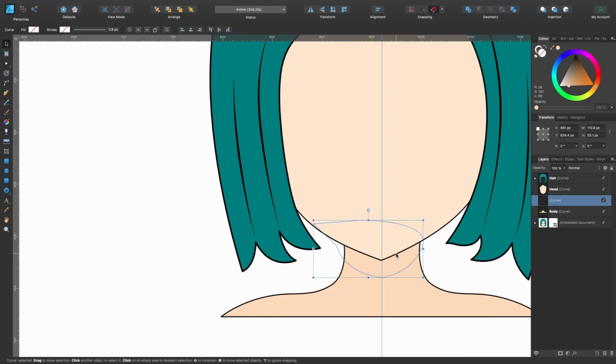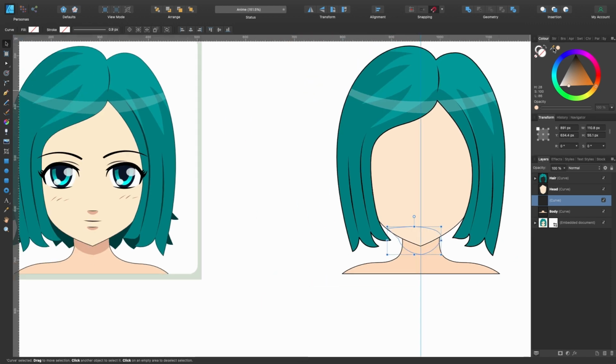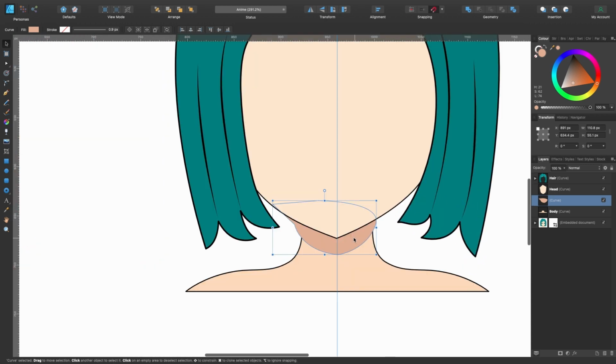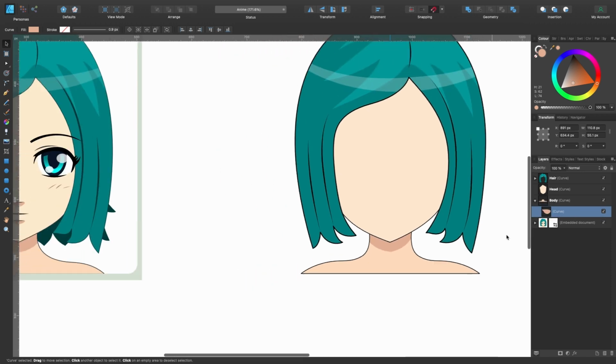As we haven't added a fill to it, grab the color picker tool, click, drag that onto that shadowy area under the chin, let go, head up to color tab again, and just click once and it will take that color. And we need to clip this inside of the head and shoulders. Easy enough, just grab it, down and to the right, and it's clipped in. That's all done now.